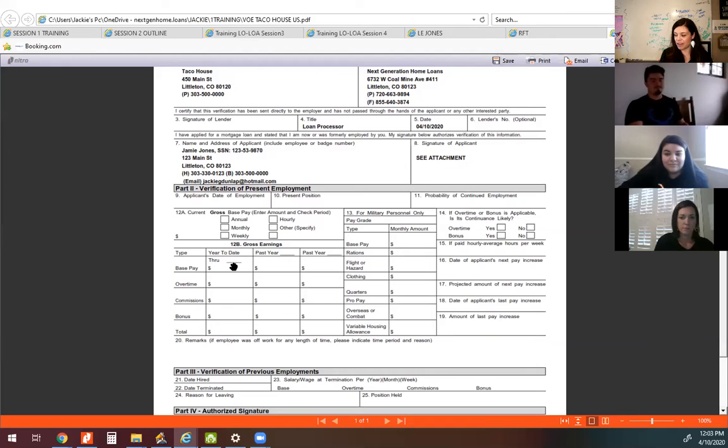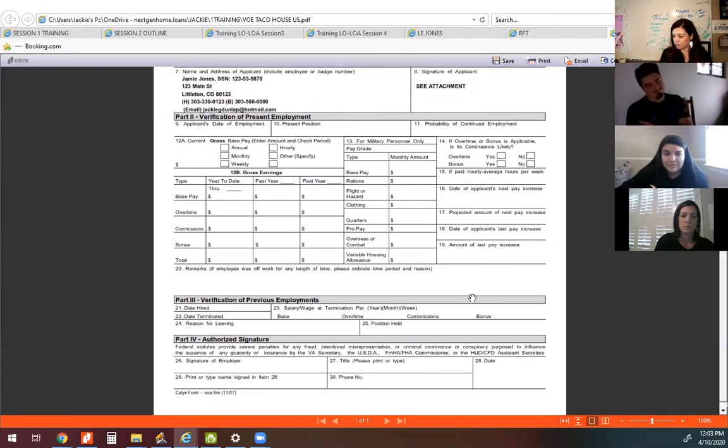Okay, this is their year-to-date income through when? Through when? Okay. We do want as much of this side filled out as possible. And any remarks, I wouldn't be too worried about this until you're a little bit more experienced on asking for any remarks. Usually if I need something on a verification of employment, like I need something specifically addressed, I let the processor know, hey, please ask the employer to comment on XYZ thing about their employment in the remarks section on the